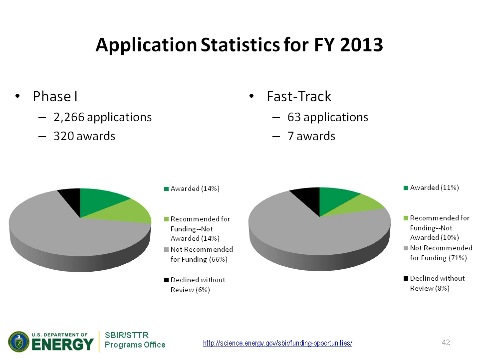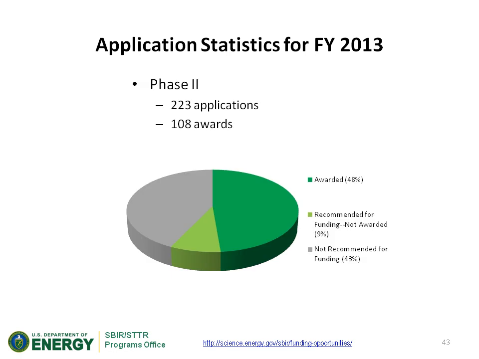I'm also presenting on the next slide the phase 2 data. So if you are successful for phase 1, we wanted to let you know that your chances of moving into phase 2 once you have a phase 1 are actually much higher than you saw in phase 1. So again, we had 223 applications, 108 awards. Again, with a similar scheme: here are the awarded, almost half of those who applied for phase 2. There's another group that were recommended for funding, not awarded because we don't have enough funding. And again, those who, based on the reviews, were not recommended for funding.